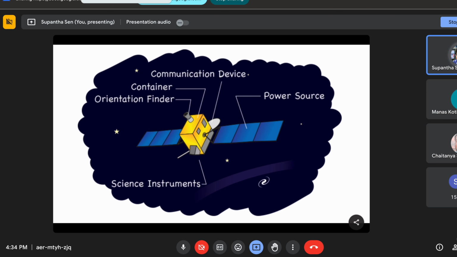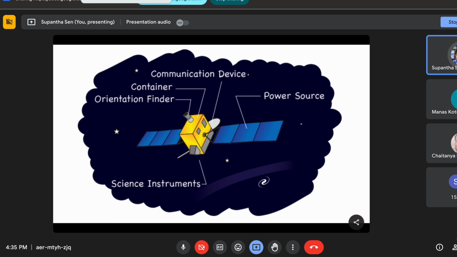But you lose some efficiency, because at that time we didn't have a deployment mechanism for how the solar panel would be deployed and then oriented. Now we have complex servo mechanisms to deploy the panels and orient them towards the sun to get the required power.